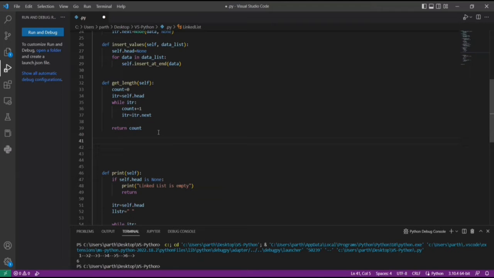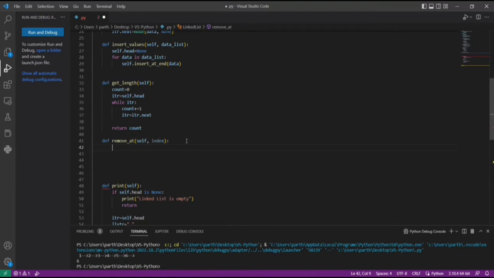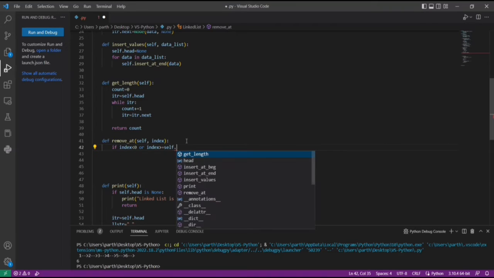So let us now jump to another interesting method, which is the remove at method. For removing at some position, what we will need is self and the index for which we have to remove the element. In this method, first we have to check if the given index is correct or not. So if index is less than 0 or index is greater than or equal to self dot get